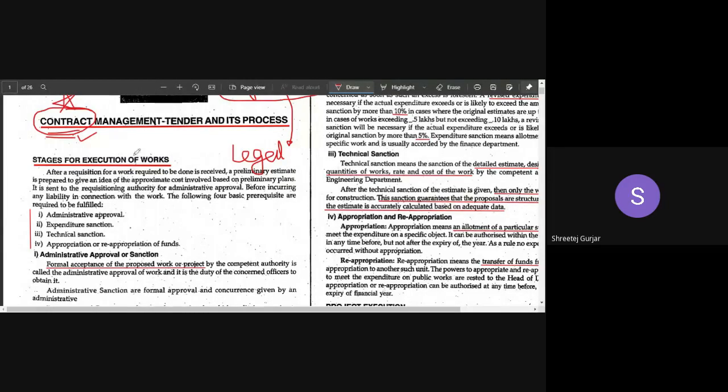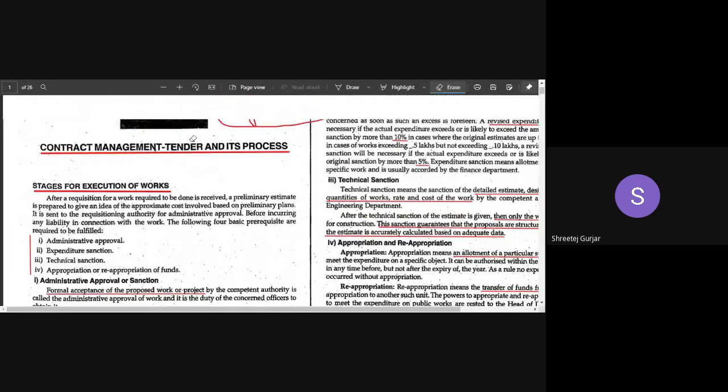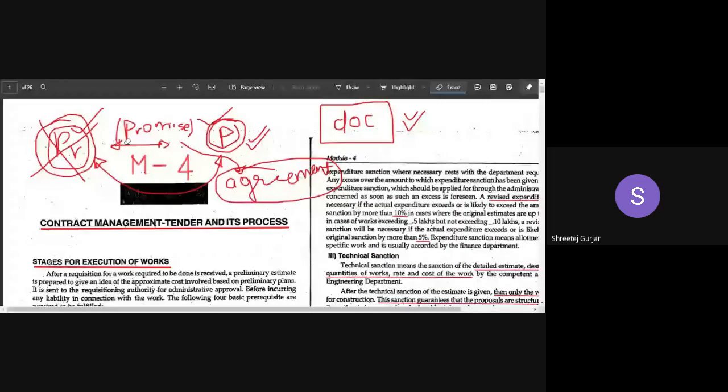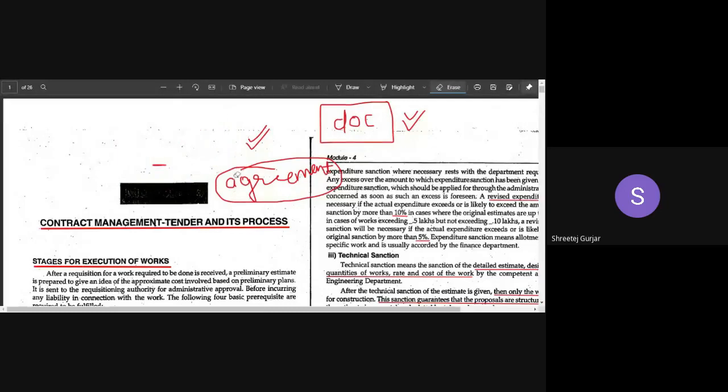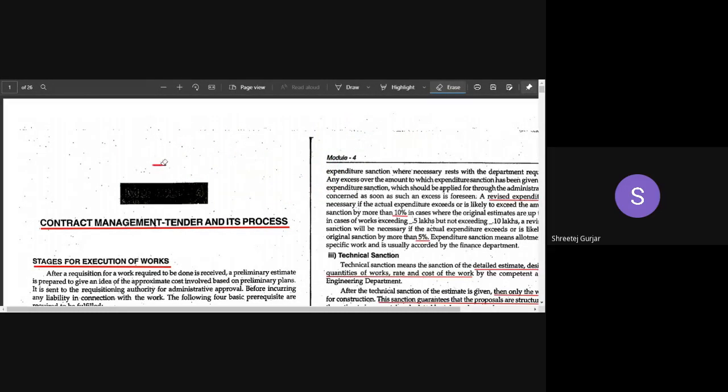Okay, so I have explained generally what is meant by a contract and the process of a contract that is made between two parties, that is, the promisor and the promisee. I hope the general explanation of contract is clear. Is it clear, guys? Can you let me know if you have understood what is meant by a contract and a contract document?